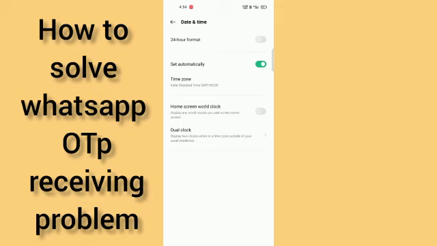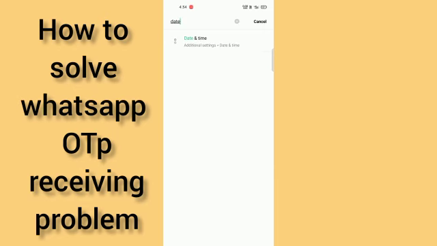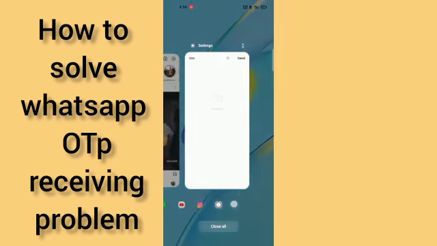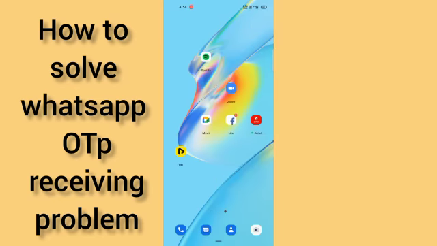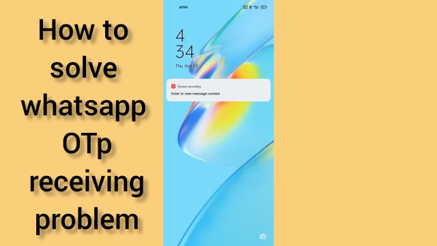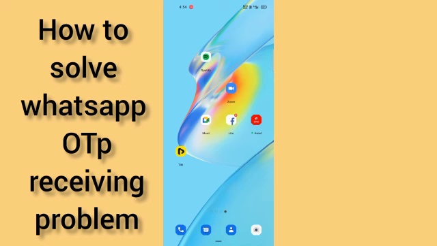Okay, so after that, what you have to do, just come back. You have to just come back and you have to reset your mobile. Okay, so I will show you. So guys, you have to just reset your mobile. Okay guys,